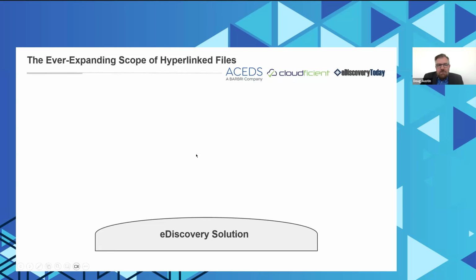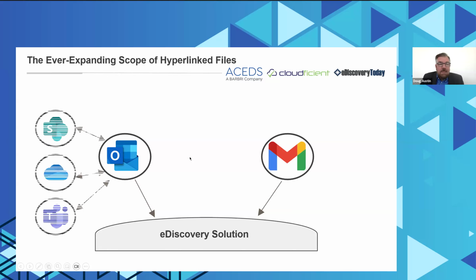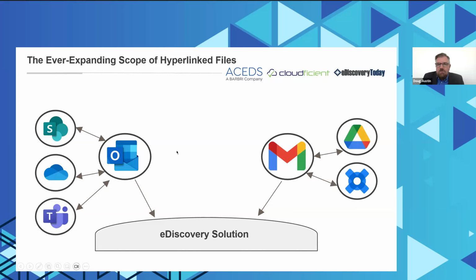But people really tend to talk about things in two kinds of terms. They'll talk about Microsoft email, and they'll talk about Google Gmail. With Microsoft, of course, they may be linking in an organization to SharePoint files or OneDrive or maybe Teams. In Google, they're linking to Google Drive and Google Vault. So this is what I think a lot of providers are trying to address: the Microsoft and the Google scenarios.